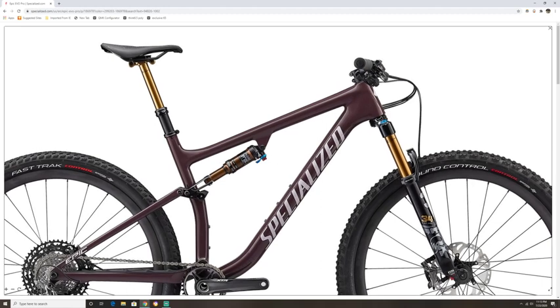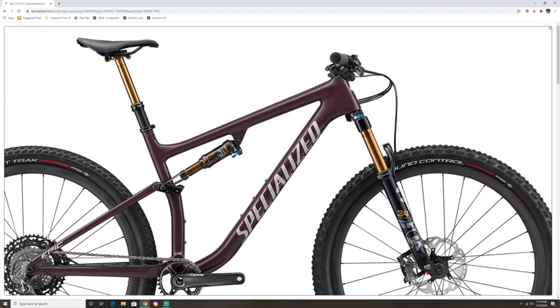Another benefit of Fox is that their lockouts, on both the rear and the front shock, are way more pronounced. You put this into lockout, it's going to be very stiff, not like the SRAM where you put it into lockout and it's just kind of firmer than open. This is definitely more of a lockout. It's very stiff. There might be a little bit of sag in there, but it's not rigid, just close enough that you notice a difference between riding open and fully locked out. But the reason I'm so into the small bump compliance on these forks and shocks